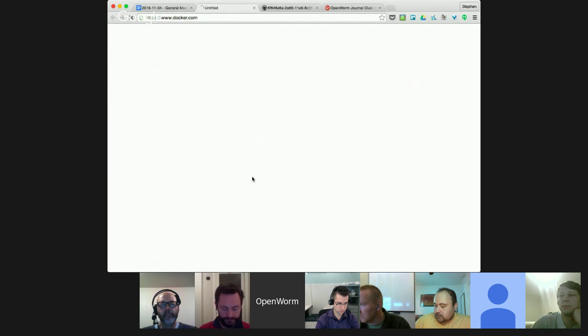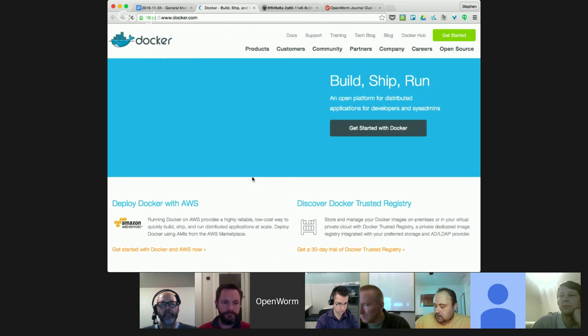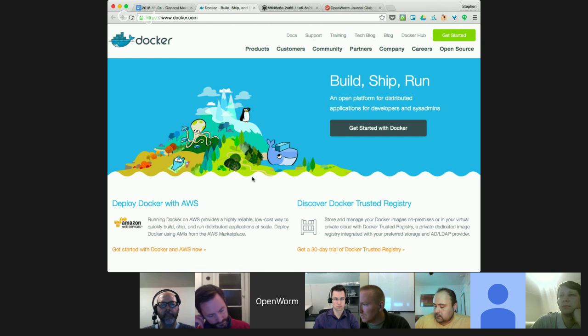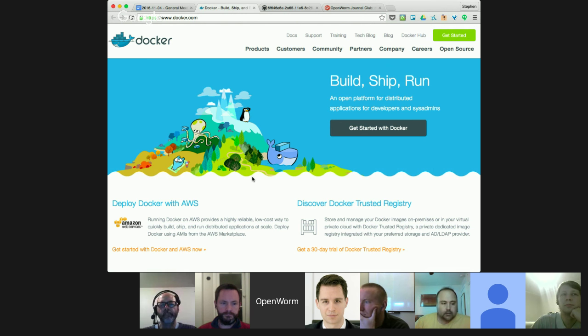So you may or may not have heard of a new open source technology called Docker. Really quickly, Docker is sort of the latest evolution of virtual machine technology, where you not only have code that's shared, not only do you have an instance of that code deployed on a file system, not only do you have an image of a machine with a full operating system and everything configured in that, but